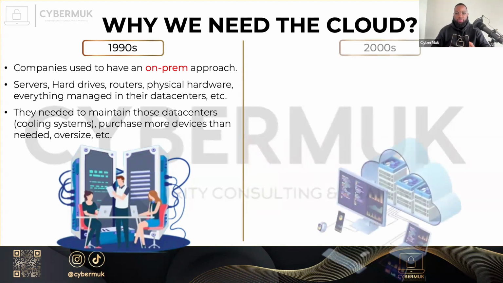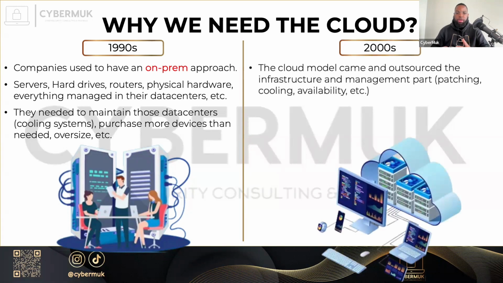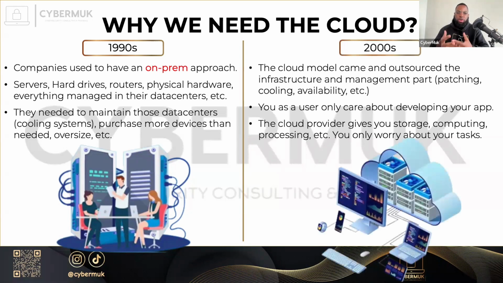So what happened then? The cloud came about, cloud computing. So the cloud model came and outsourced infrastructure and management to the cloud vendors. So anything that involves patching, cooling, equipment availability, data availability, you as a user or as a customer, you only care about developing your application, about accessing your application or accessing your data. You don't care about the heating or the cooling of the devices, of the servers. All you care about is accessing your data. That's why the cloud is so important, and it's a groundbreaking technology because you don't have to worry about installation, purchase of devices,